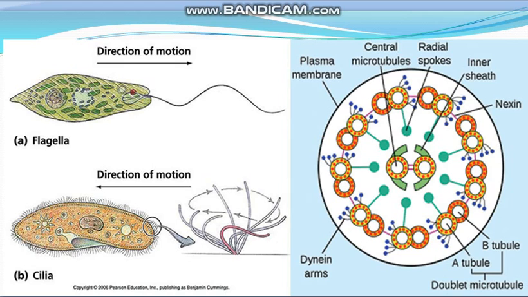And at the end of the axoneme, in both cilia and flagellum, the basal body is present in the cytoplasm, just below the cilium and the flagellum. If we see the structure of the basal body, it is a short cylinder, and it has 9 microtubule triplets in the periphery like in the centriole, and there is no central microtubule in the basal body. So this is the structure of the cilia or the flagella in transverse section.